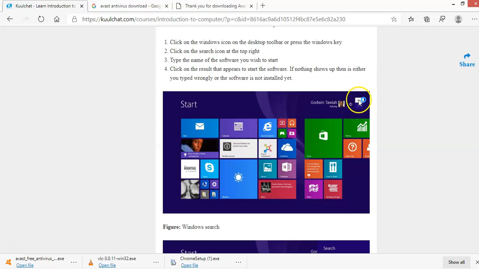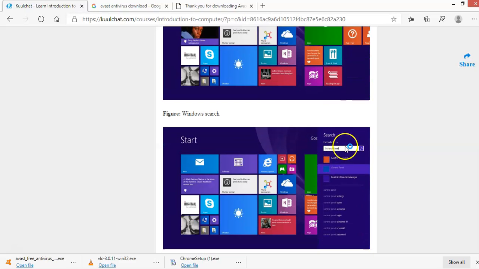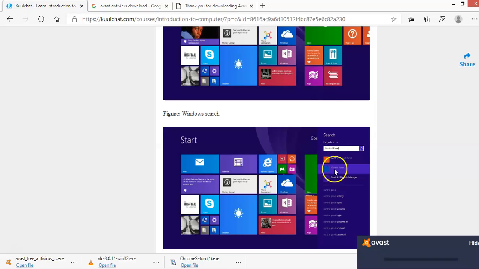In the start screen, you see the search icon, which is over here. So you click on the search icon. Once you click on it, you can type in what you want, the type of application you want, over here. Once you type it in, there will be a list of options. So you choose the appropriate